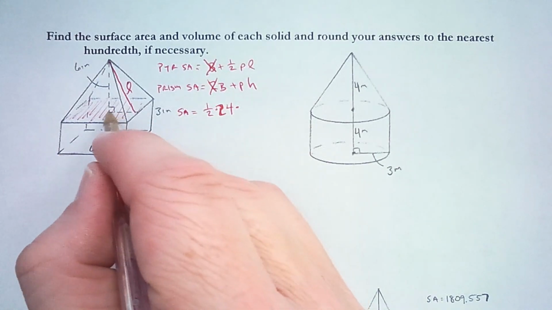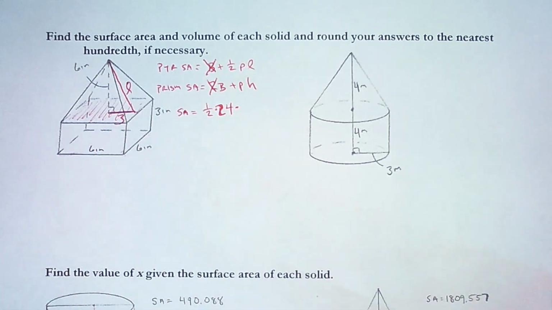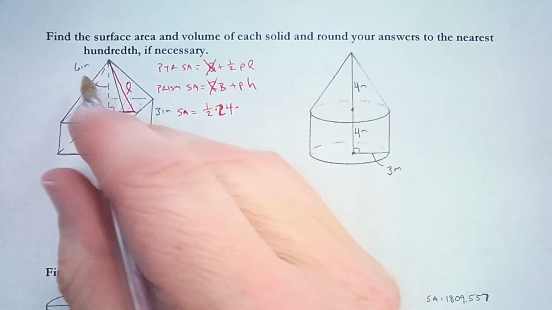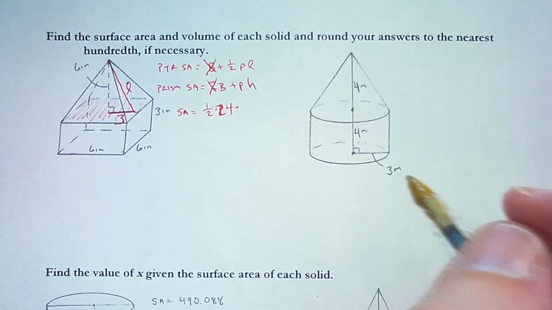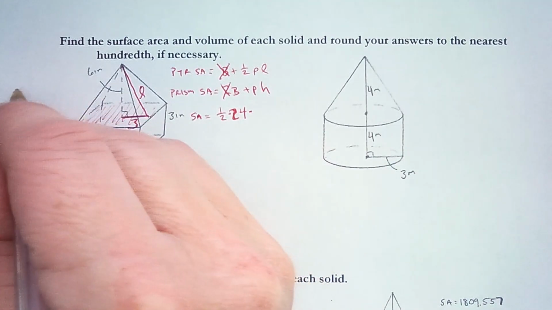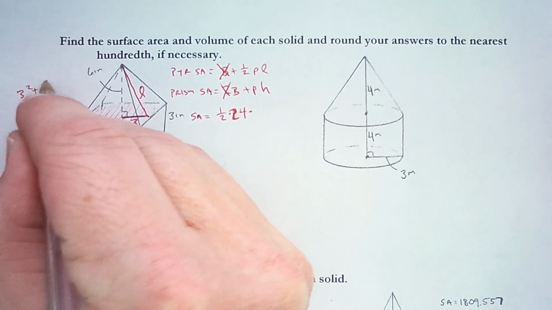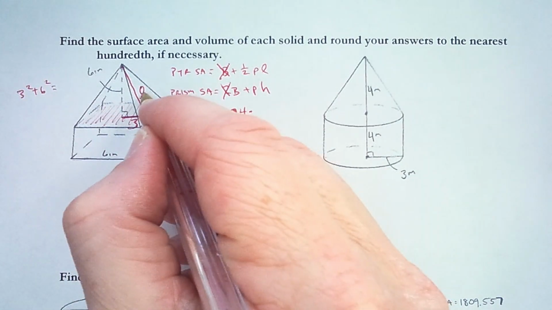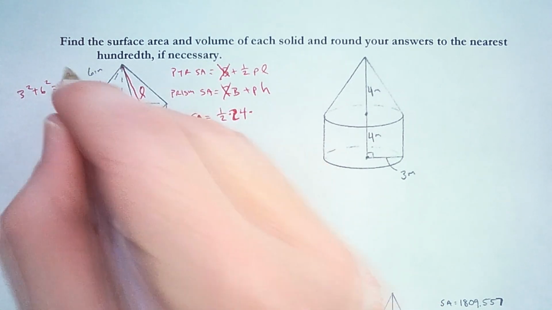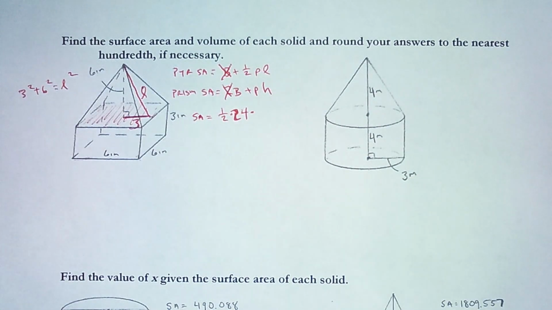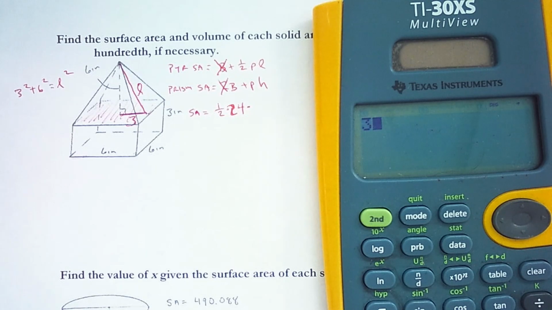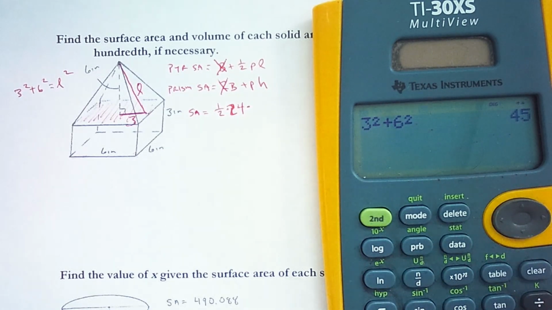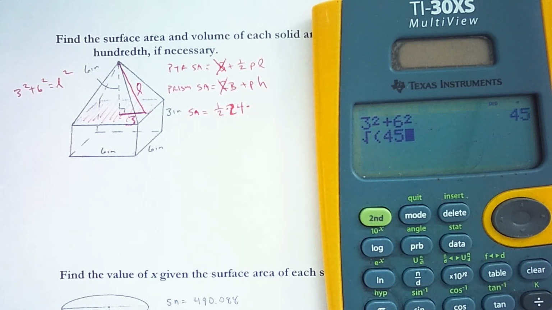So a side is 6, which means this half side is 3. So I've got leg squared plus leg squared. That's 3 squared plus 6 squared equals the hypotenuse, which is L, the slant height, squared. Okay, so 3 squared plus 6 squared is 45, and the square root of 45 is